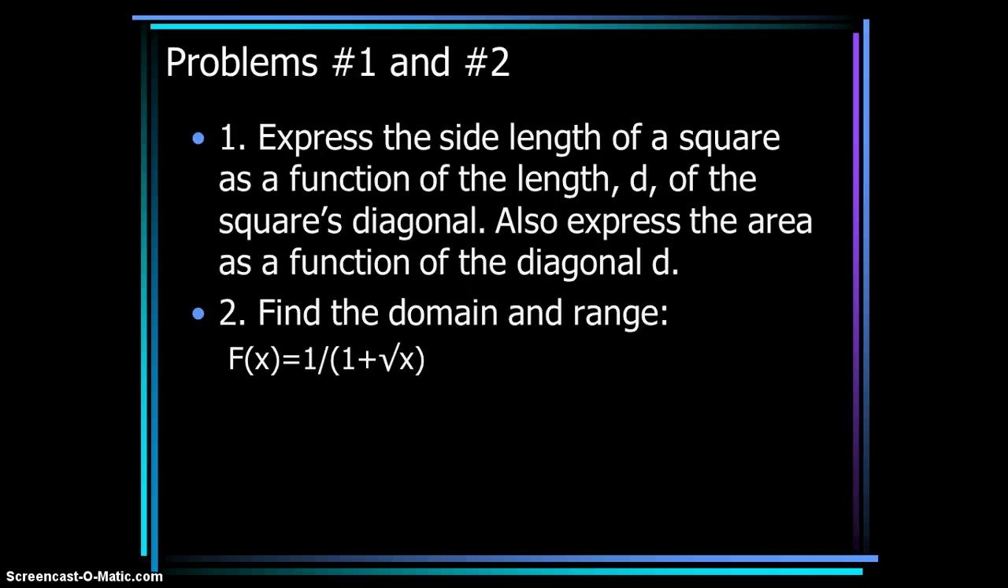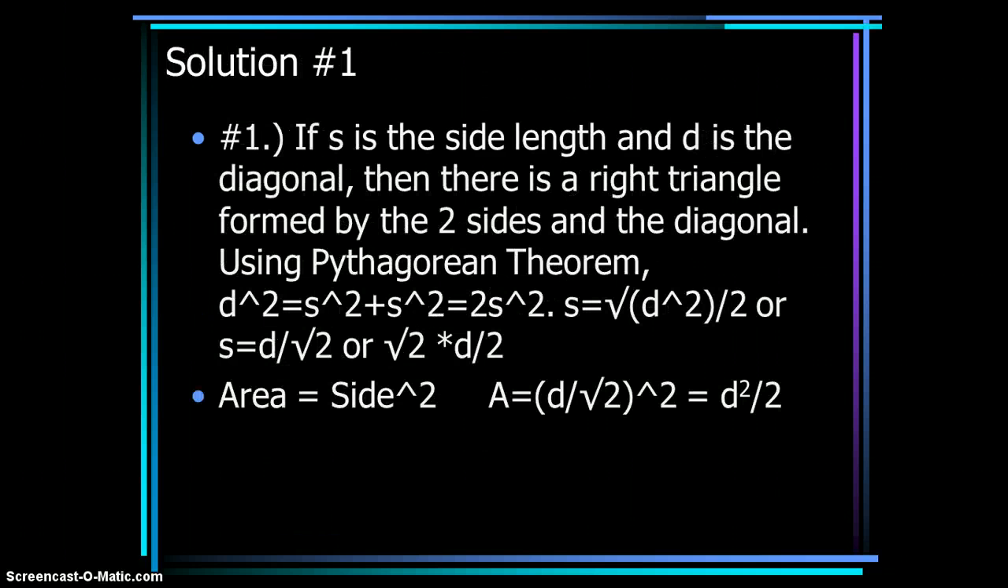The first problem: express the side length of a square as a function of the length d of the square's diagonal. Also express the area as a function of the diagonal d. So this is actually two problems. And the first one is, if we call S the side length and D is the diagonal, then there's a